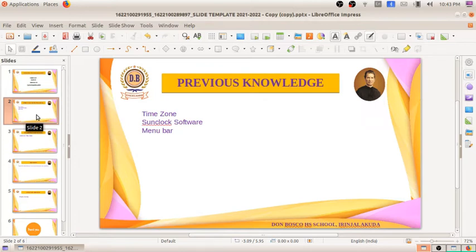We studied what that software is and how we can open it: Application, Education, Sunlock software. And after opening that software, we familiarized ourselves with some different menus that we will be using in it. These all things we studied in the previous class.